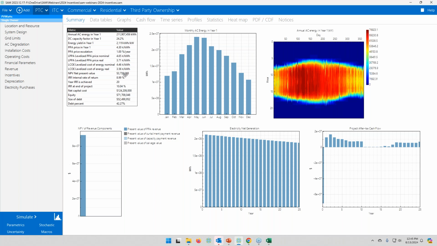Or you might have a positive net present value with a very high PPA price, a PPA price that's much higher than the project could reasonably expect to negotiate. Or you may have an unrealistically high internal rate of return, like a 50% internal rate of return or something. So the main pitfall